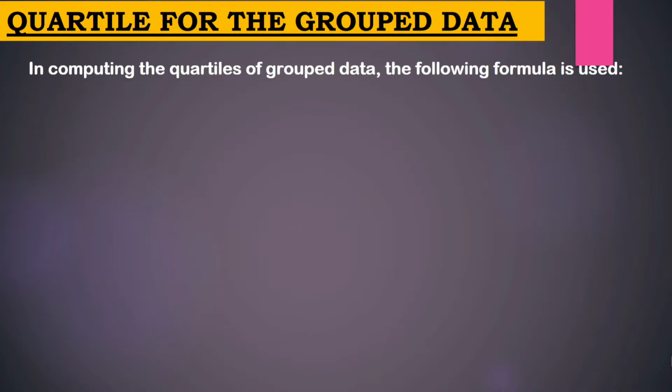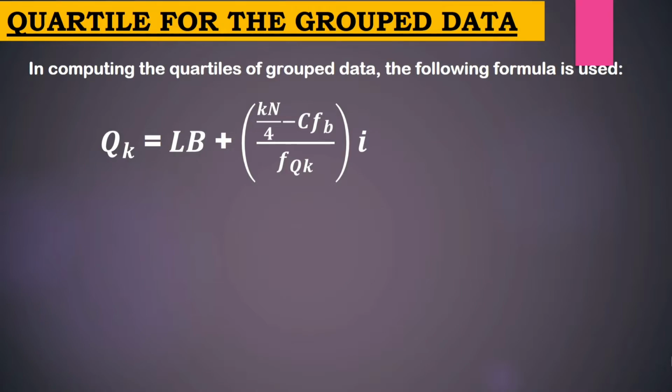Okay. So, you already have the idea on how to make a frequency distribution table. And now, let's start solving quartile for the group data. In computing quartiles of group data, the following formula is used. Q sub k equals LB plus the quantity Kn over 4 minus CF sub B all over F sub Q